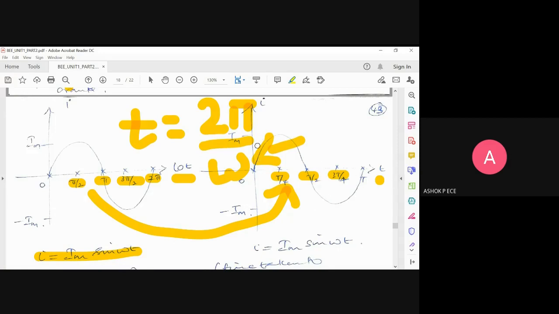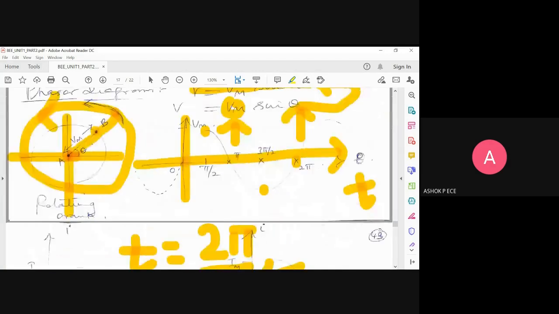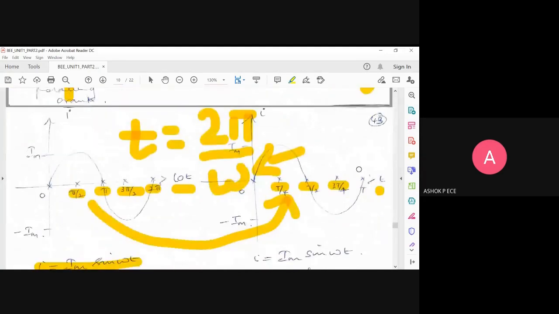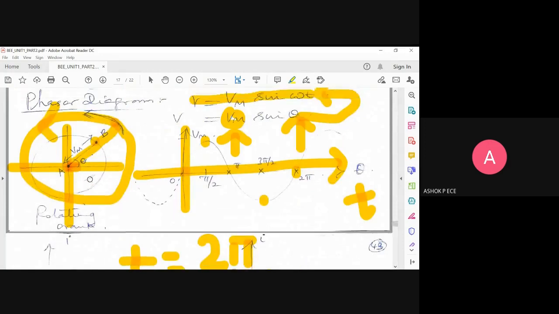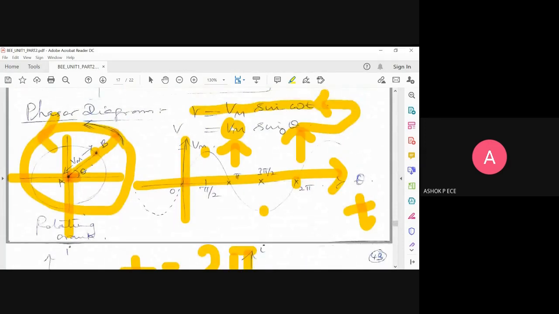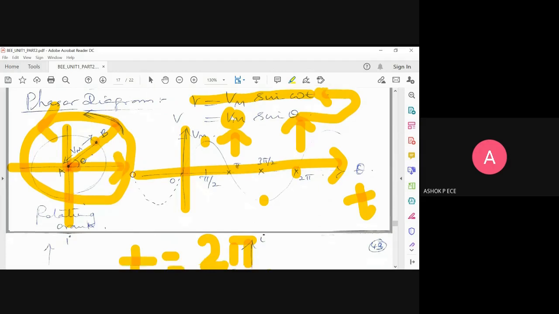So in representing your signal, two representations are there. Either I can represent in terms of theta, or in terms of time, or in terms of phasors. For vector components like sine omega t, cos omega t, it is rather easy to represent them in phasors because I just need to know two things. One is the magnitude, the other is the angle it makes with the reference. And what is our reference? Always the positive x-axis is our reference. Okay, so this is the concept.